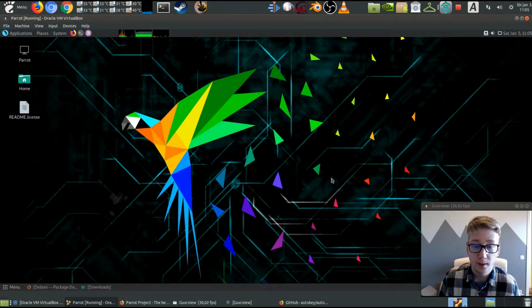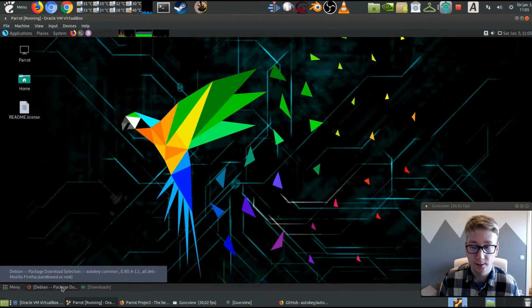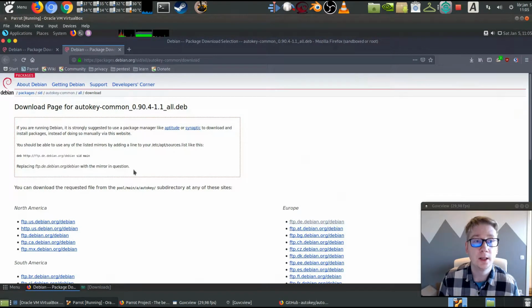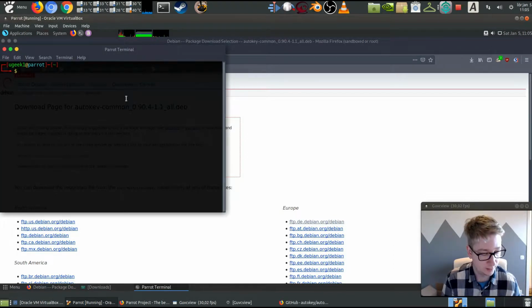So I have it loaded up here. So let's go ahead and check for Parrot. It's easiest to download the .deb files from the Debian website. So I have the links here. I can add them in the description box if you're running Debian as well. For other systems it's fairly easy. It's like sudo apt install